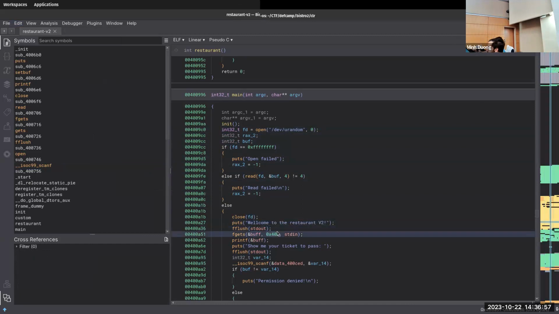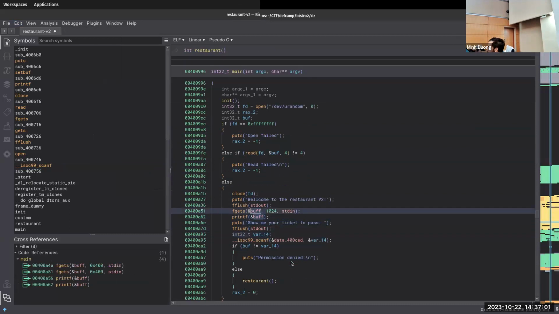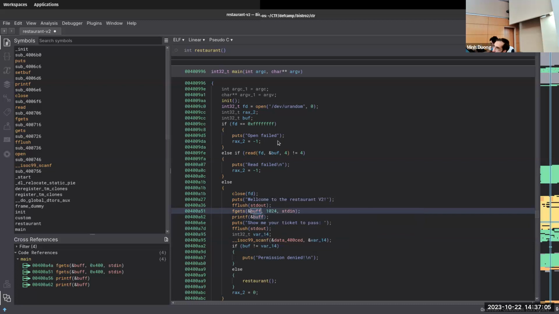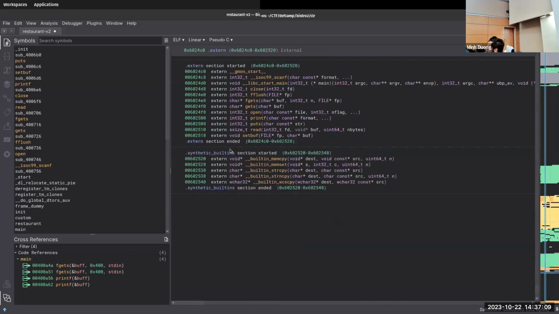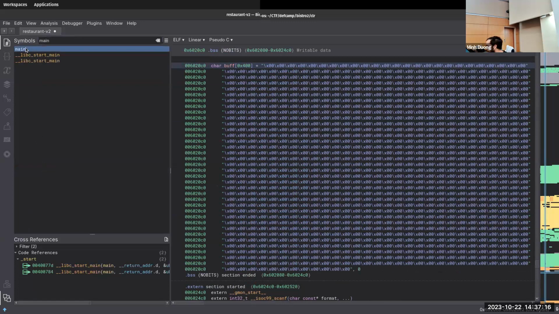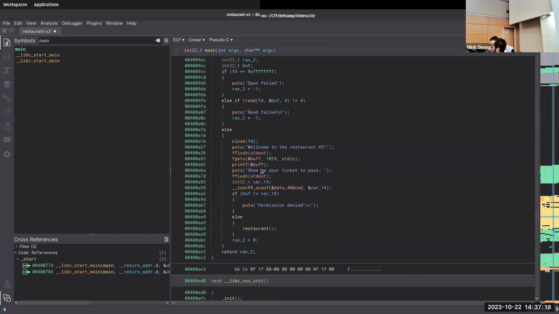It then gets 1,000 bytes from input and loads it into a global buffer. The reason I can tell is just syntax highlighting. So this is located down in some global variable. So going back to main, it reads it into a global buffer, and then